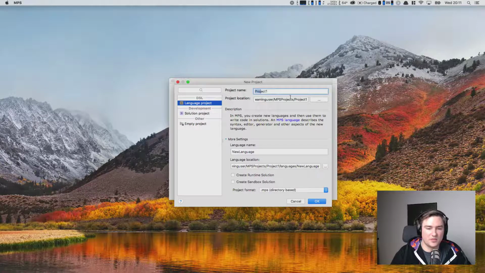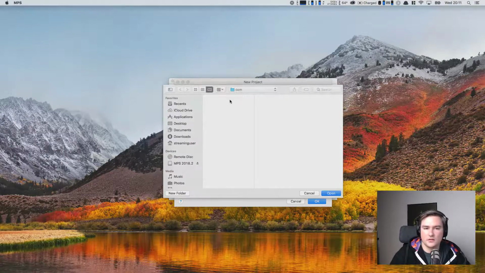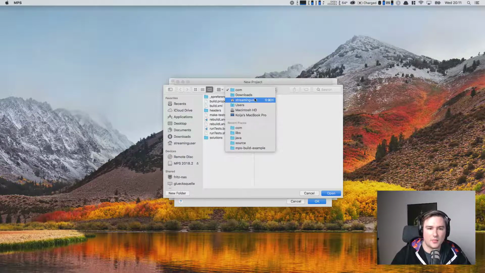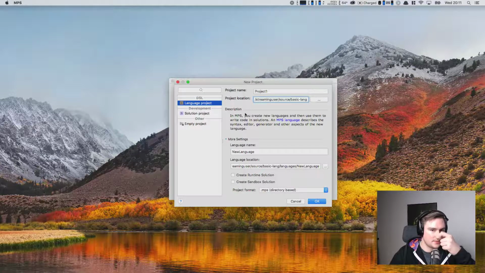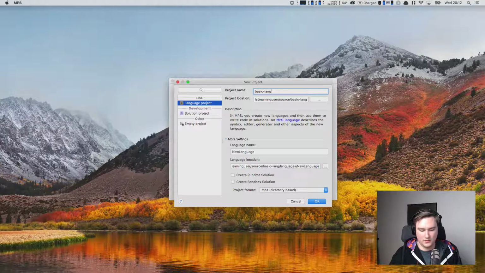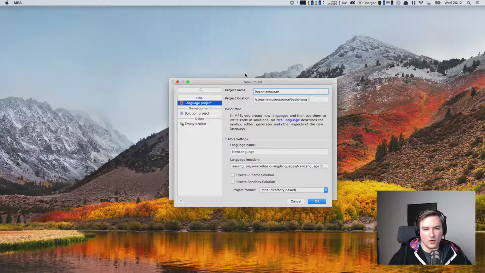We can also name it, but let me first select the location so that we don't mix that up. I have already cloned the empty repository to my machine here, so this. So I will call the project basic language, create it in the folder where I have already cloned the repository to. Of course, you can select whatever location you would like to have here. And then